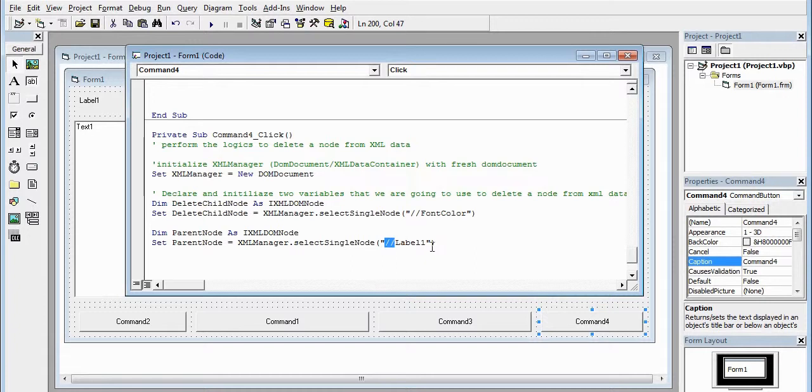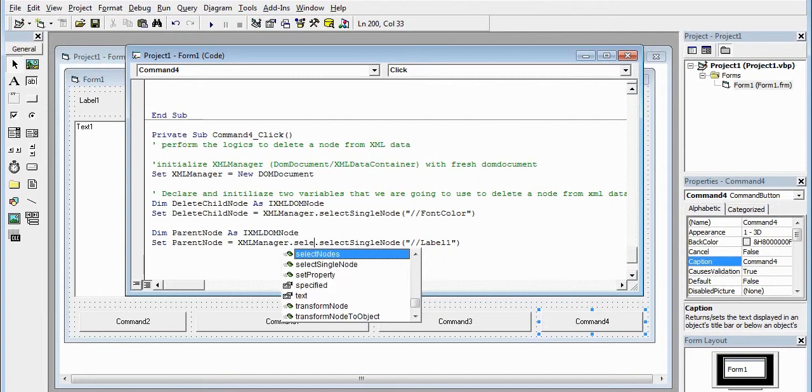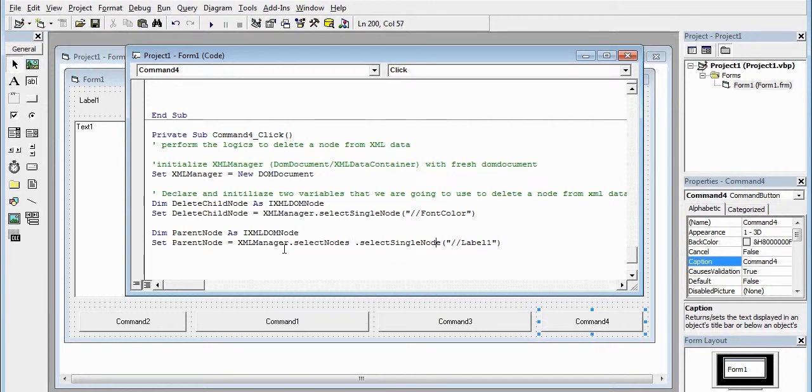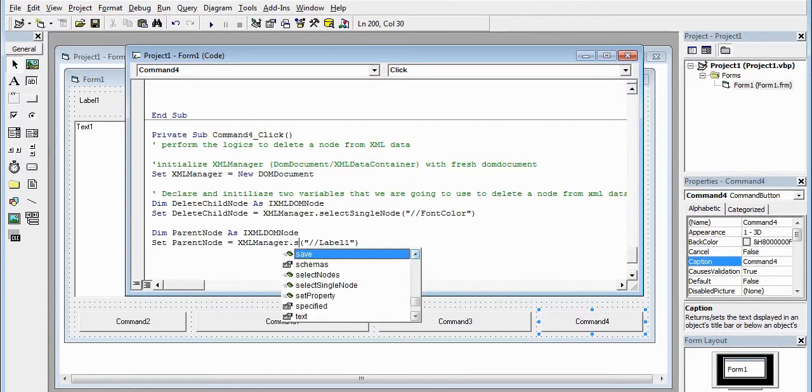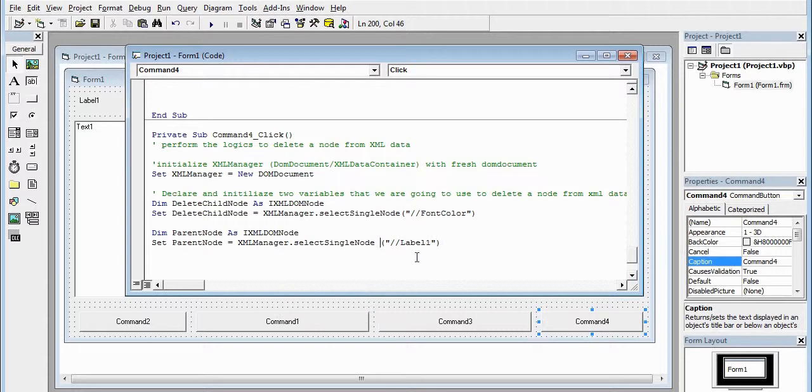If you do have multiple label 1 nodes, you need to go ahead and click XML manager dot select nodes instead of select single node, and what it will do is select all of them starting from the first in the XML data, all of the label 1 nodes if you have multiple. In this case I have only 1, and I would like to select 1, and how to select multiple we are going to talk about later in this video. So label 1,